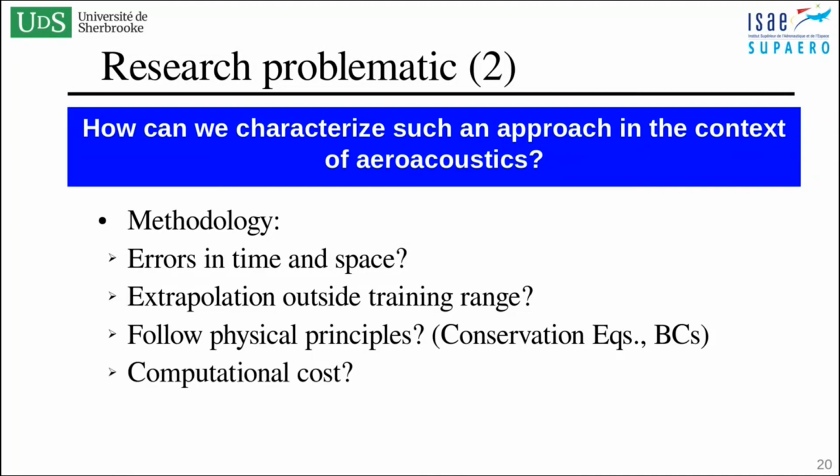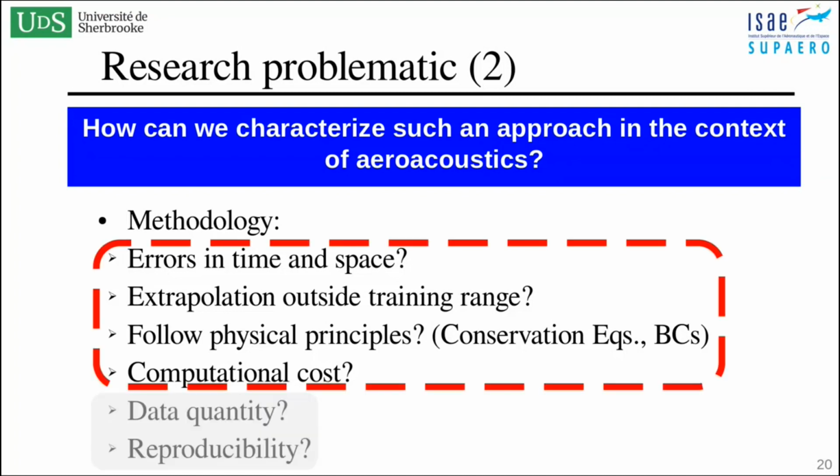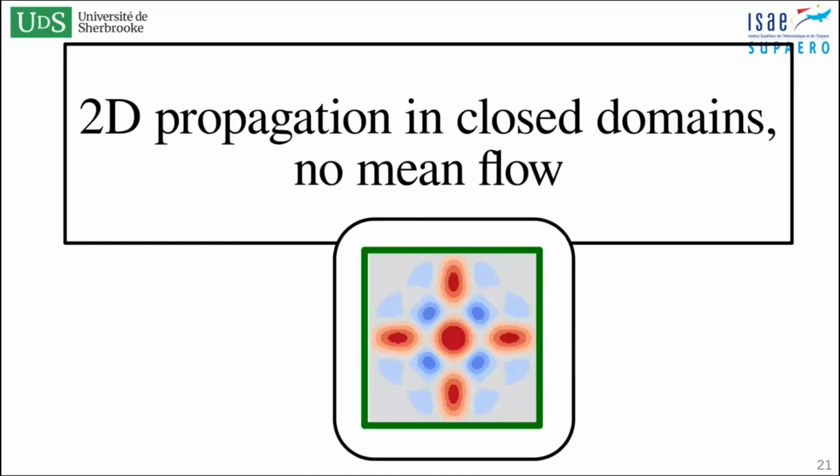Furthermore, in the Ph.D. manuscript, we have focused on the quantity of data needed to train those methods and their reproducibility. But these 2 last topics, we'll keep maybe for the questions. So now going into the results, let's start by focusing on the first case of 2-dimensional propagation in closed domains